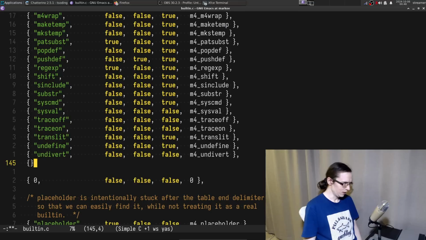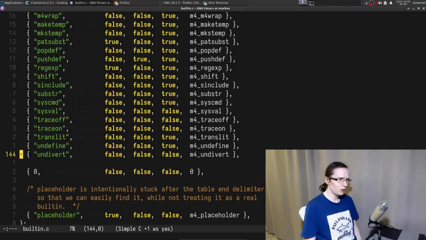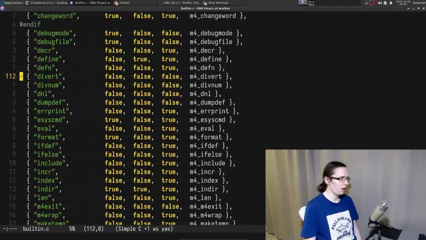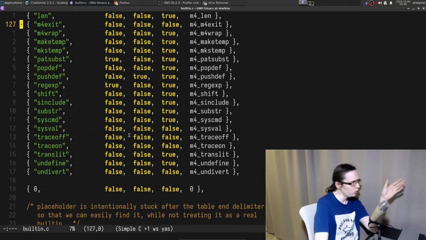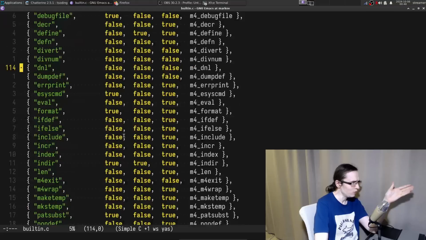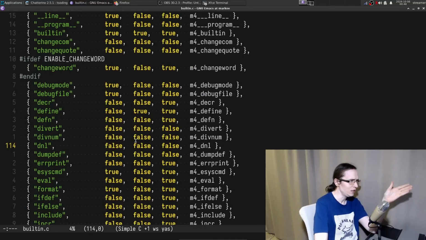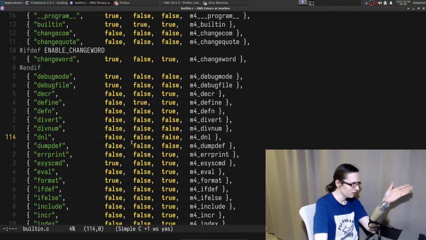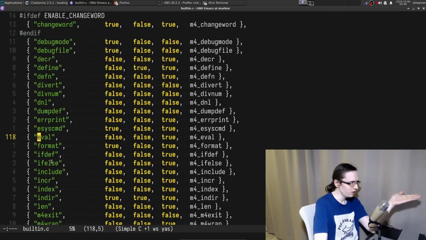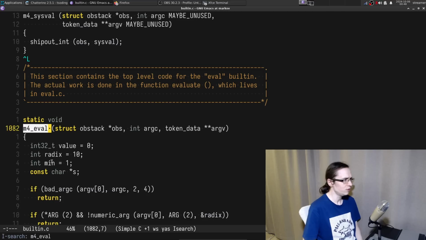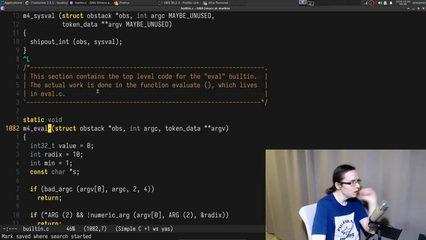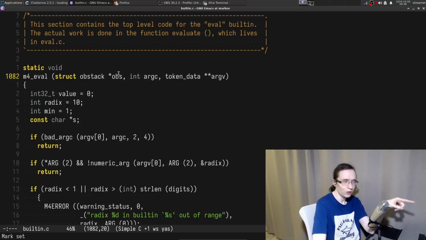So let's go ahead and maybe not add, but let's actually see how this entire stuff is implemented. This is a kind of cool place to learn about all of the commands of M4 instead of reading that stinky manual, honestly. That's kind of cool. So you have eval. So, okay, what is M4 eval? Here it is. So you have obstat, okay, OBS. Then you have a bunch of...